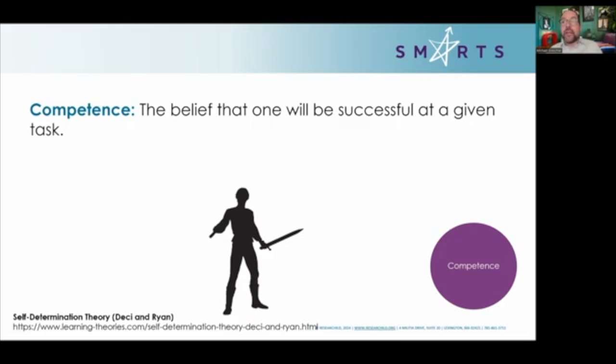And now remember that a lot of this is perception, because some of you might be like, oh, Michael, you seem really smart. I bet you could do calculus. Thank you. But in my head, I don't believe it. These are beliefs. So even if a student can do it, they've got that potential, if they don't believe they can be successful, then they're not going to be very intrinsically motivated.